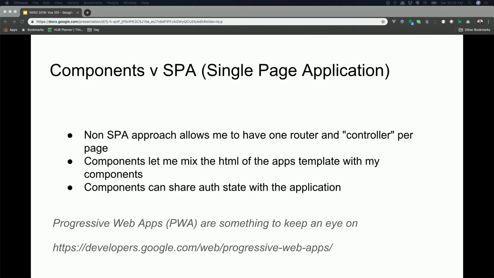And another thing I mentioned here is progressive web apps. So components versus SPAs versus progressive web apps. This might bring me all the way back to thinking, what the heck, why wouldn't I just do an SPA? But this gets different. Anyone know what a progressive web app is? It's basically, in theory, the future of our technology. If we start building PWAs, we are basically building stuff that can run on anything, mobile, PC, we have all the bells and whistles we imagine from a really contained application. It's pretty amazing stuff. And my point is, with all this said, I might go to PWAs, which are kind of like SPAs, but they're their own world.